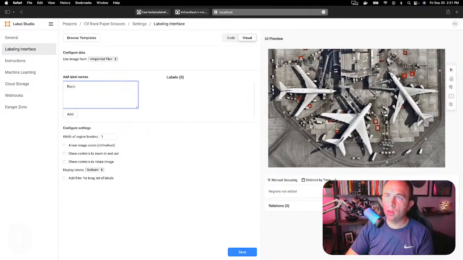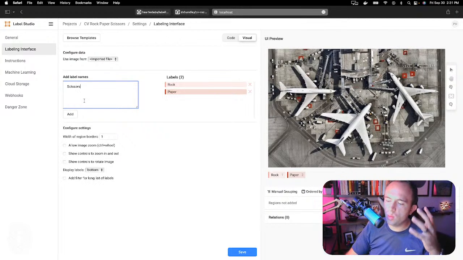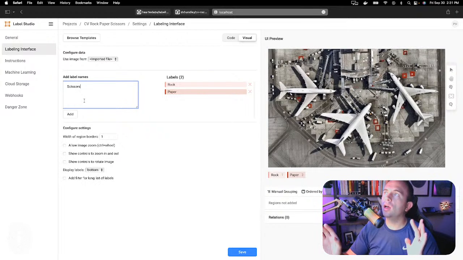Rock, paper, scissors. So basically what we're doing here is, like I said before, this Label Studio is intended to be more collaborative. Imagine you are working for a major company and you are going to have 50 people